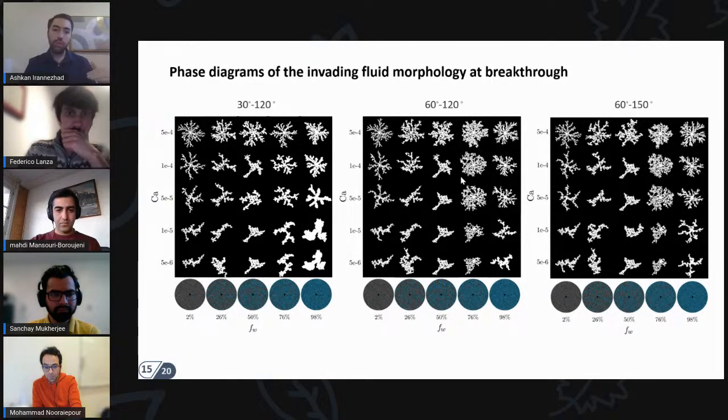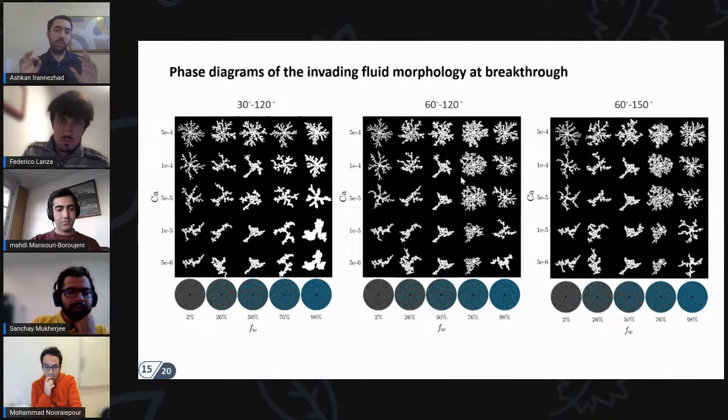Each row is showing different capillary numbers. From top to bottom, the capillary number is decreasing, and each column is showing a specific wettability fraction from 2% water wet to 98% water wet systems. So just qualitatively looking at that, we see that at the top row, at the highest capillary number, the figures,